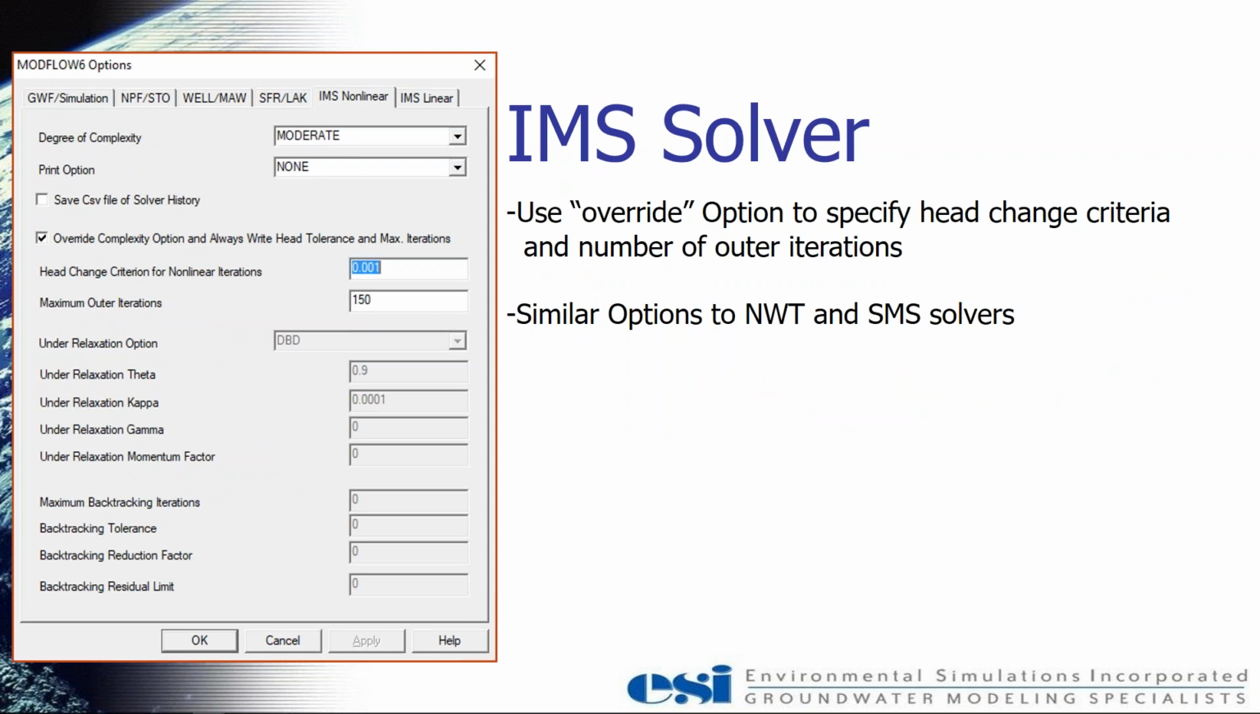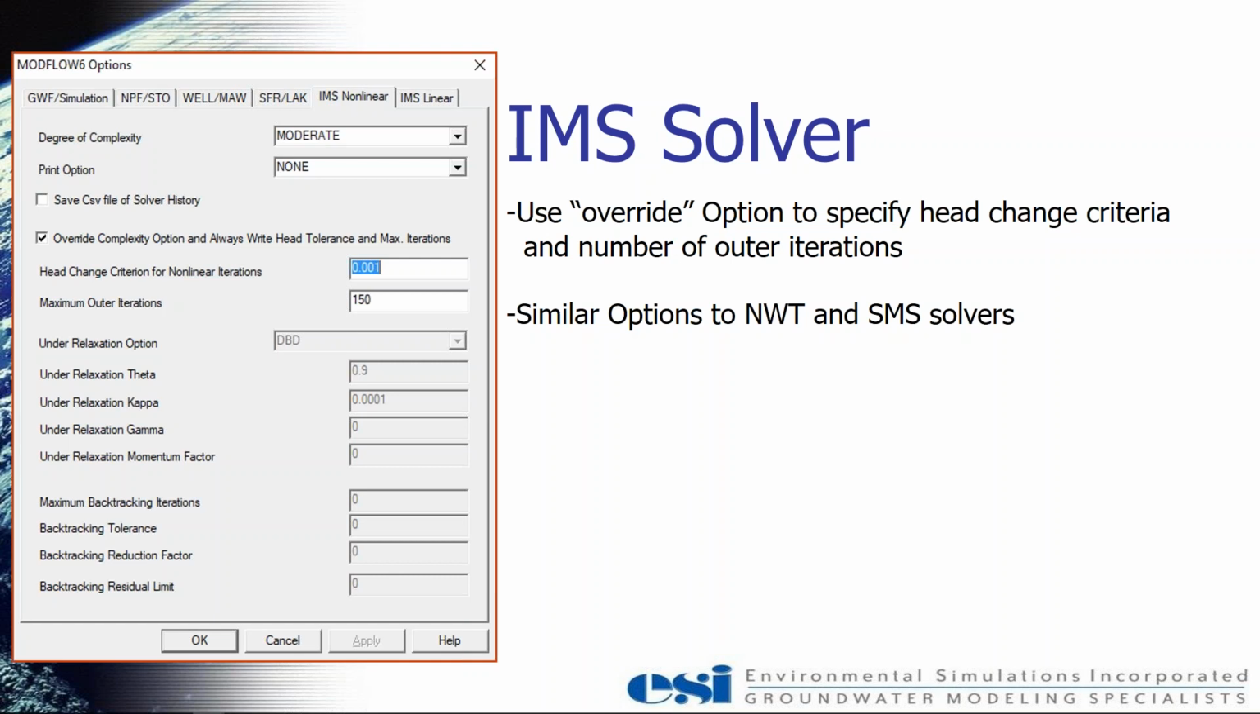The solver for MODFLOW6 is essentially the same solver as MODFLOW NWT and MODFLOW USG. So a lot of the input is the same. If you compare what's on this dialog with what's on the NWT solver dialog, or the MODFLOW USG dialog for the SMS solver, you'll see the same sorts of information. There's just a little bit of a difference, and that is the degree of complexity, which is simple, moderate, or complex,